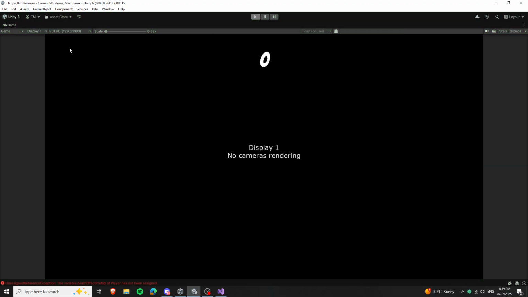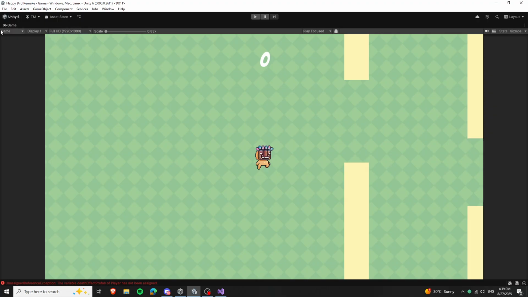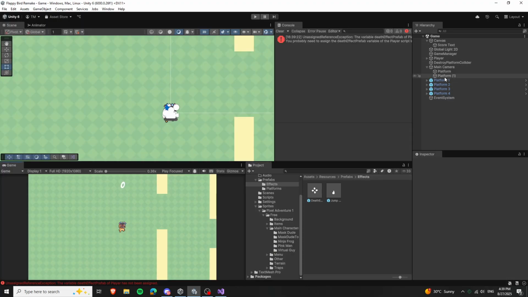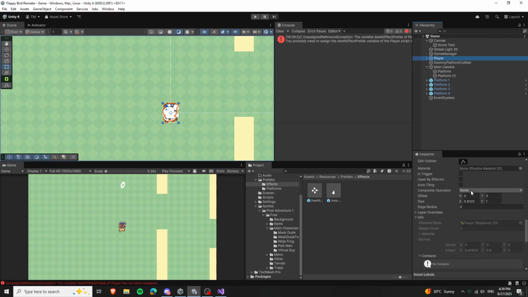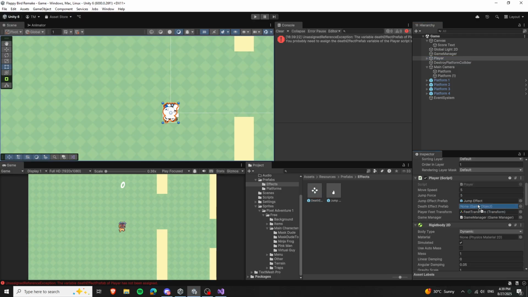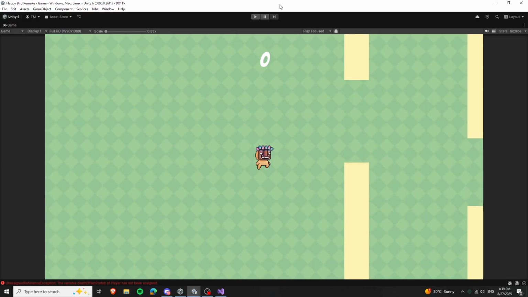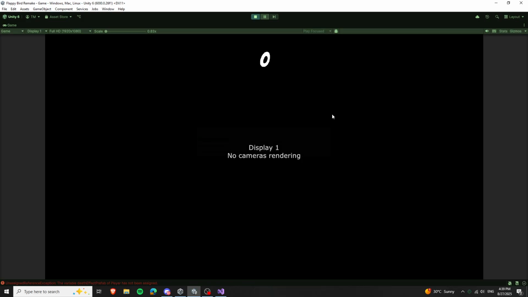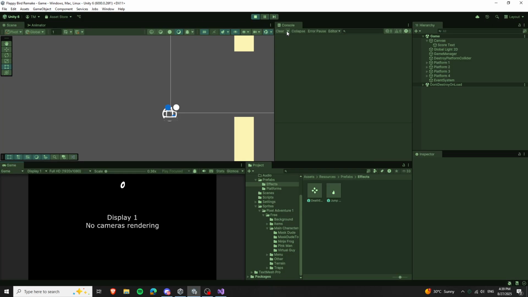Yeah, so it does not work for some reason. Yes, I made a mistake. I forgot to add the effects to our player script. That one more time. Oh, I see. Oh, wait, but so from what I can see,